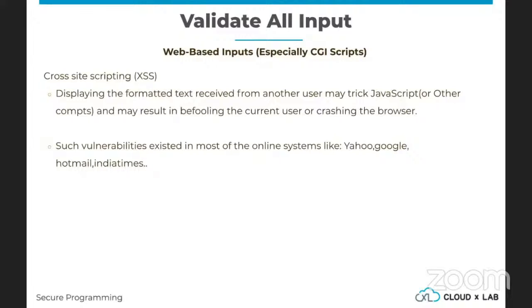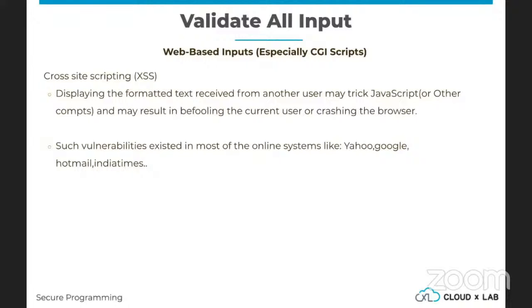It was a big thing to get your bug published in these online newsletters or mailing lists.